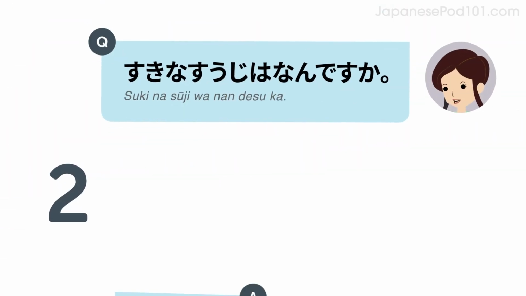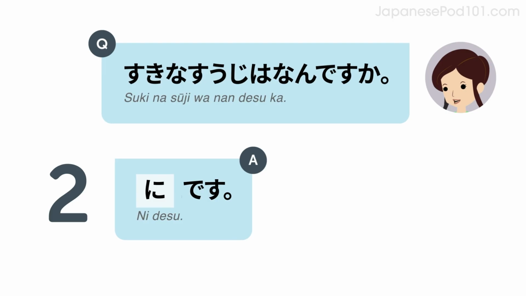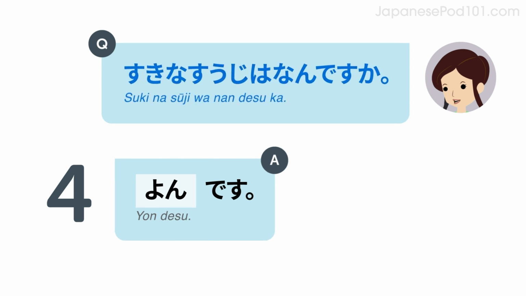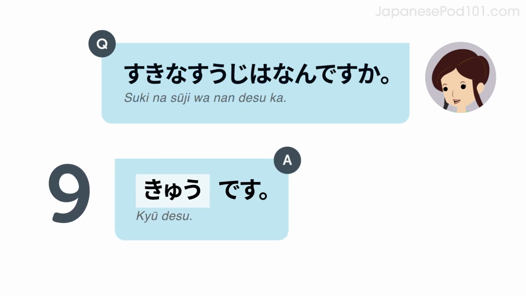Let's look at some examples. Listen and repeat or speak along with the native speakers. 好きな数字は何ですか ?2 です。好きな数字は何ですか ?4 です。好きな数字は何ですか ?9 です。